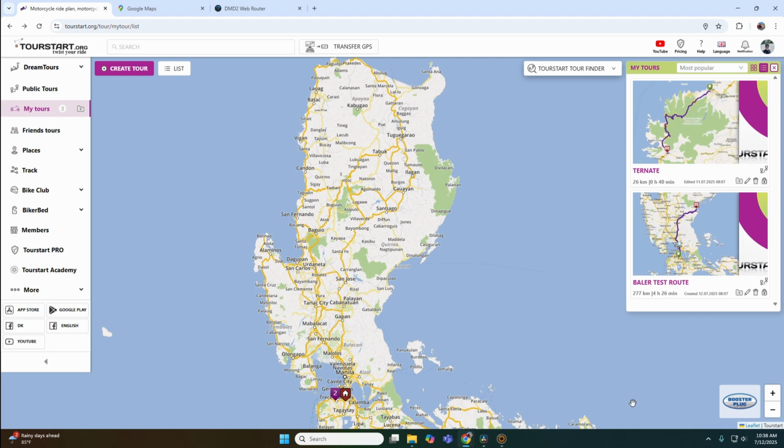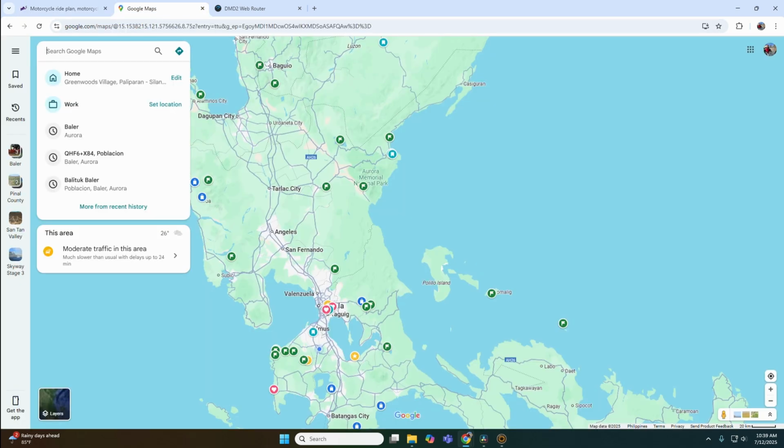So if you saw my overview video, you know I'm looking at the app called TourStart. Pretty excited about it. I see a lot of capability there. So let's take a look at the tour editing portion and get some insight into mapping what we can do with this application. So as a point of reference, what I'm going to do first is create